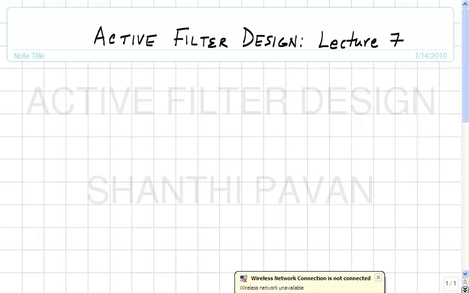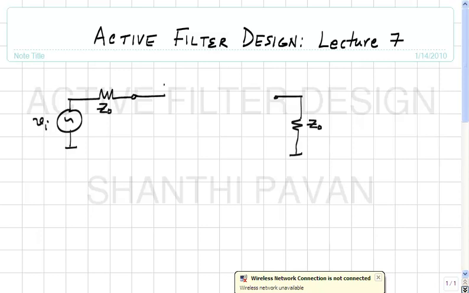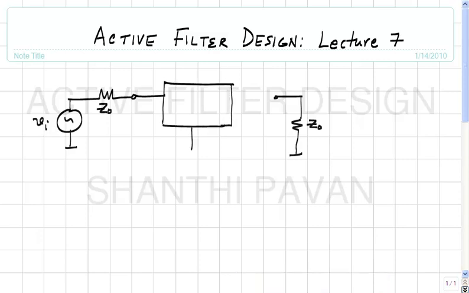So, what we were looking at was the following. We assume that the source is like this, right? So, it has got some internal resistance, we call that Z0. The load is assumed to be characterized by an input impedance of Z0, and what we want to do is to insert a lossless LC network